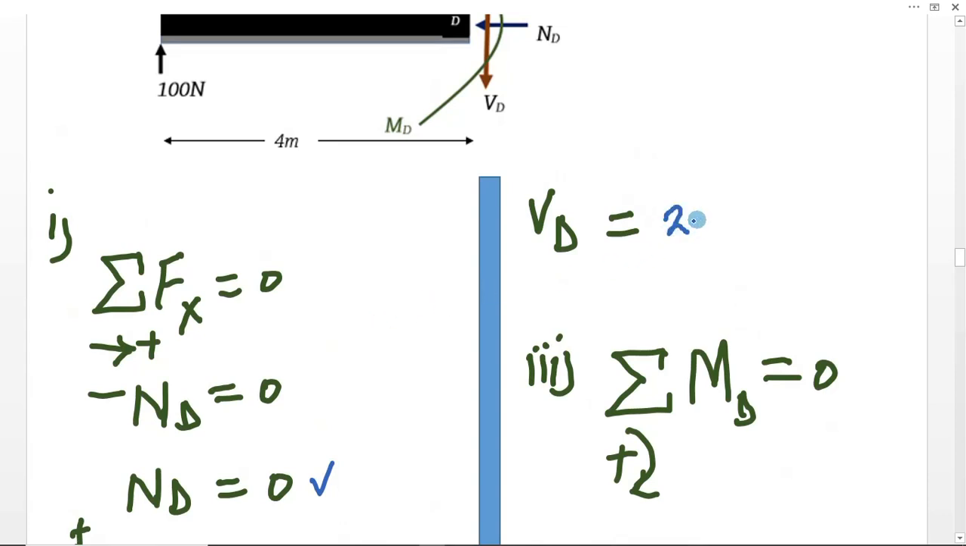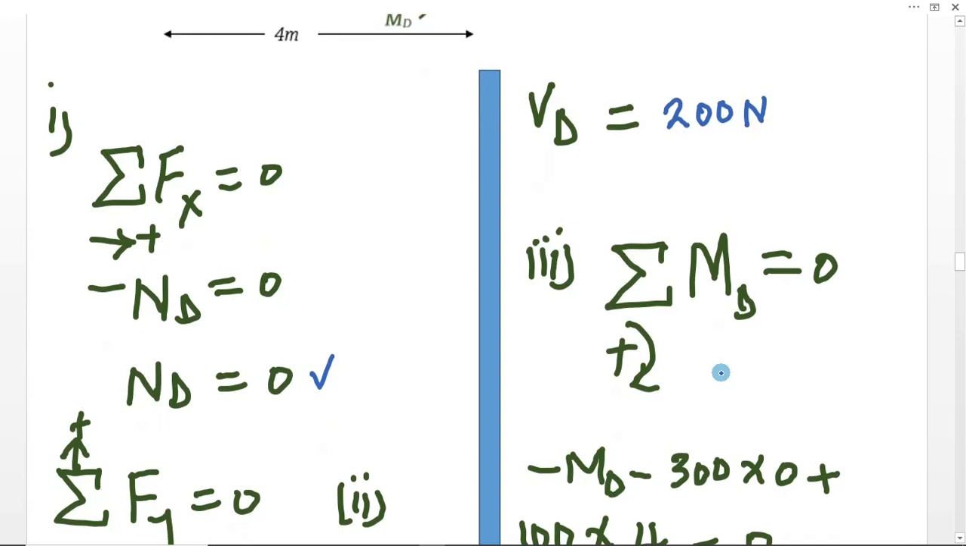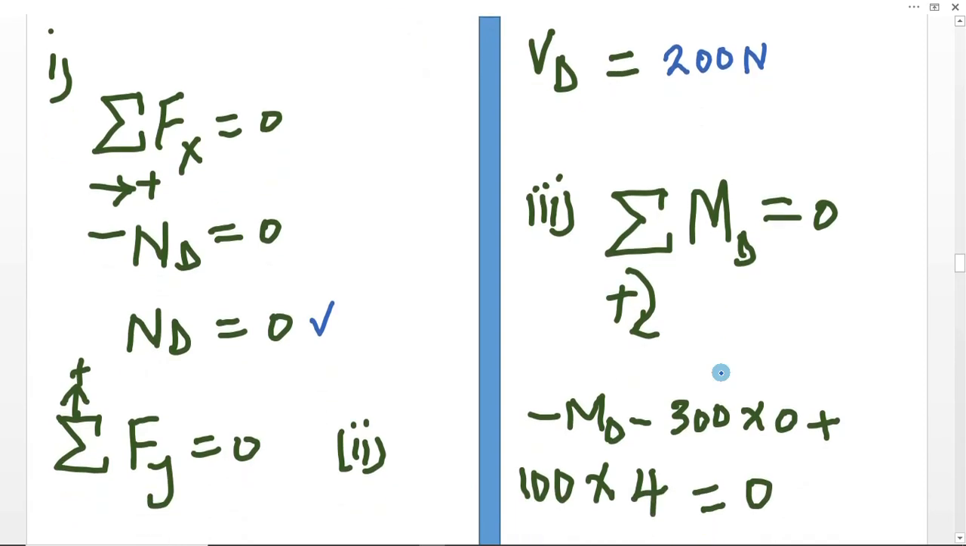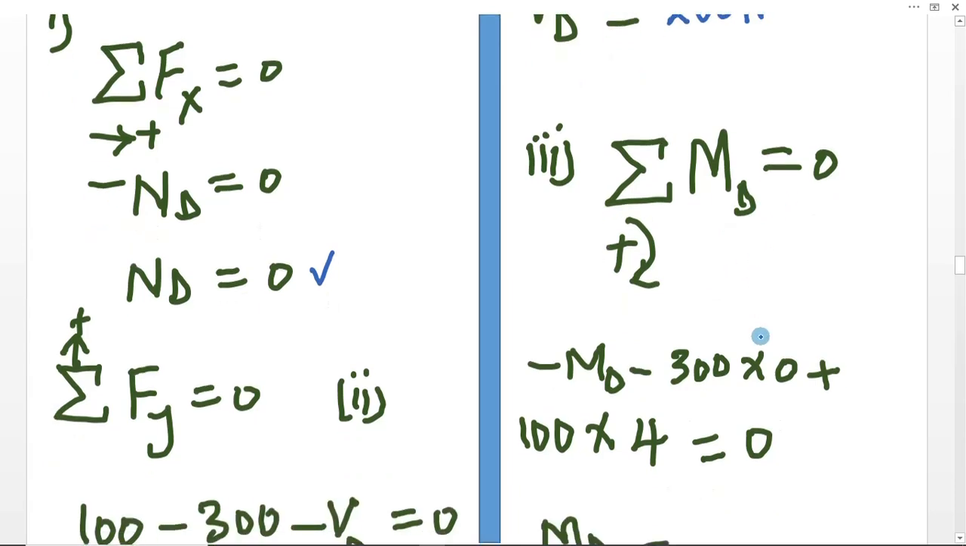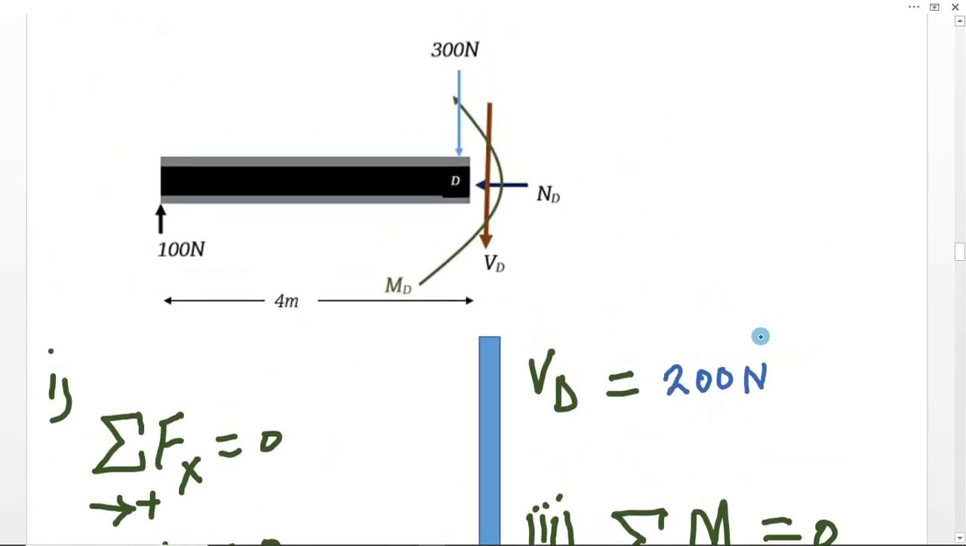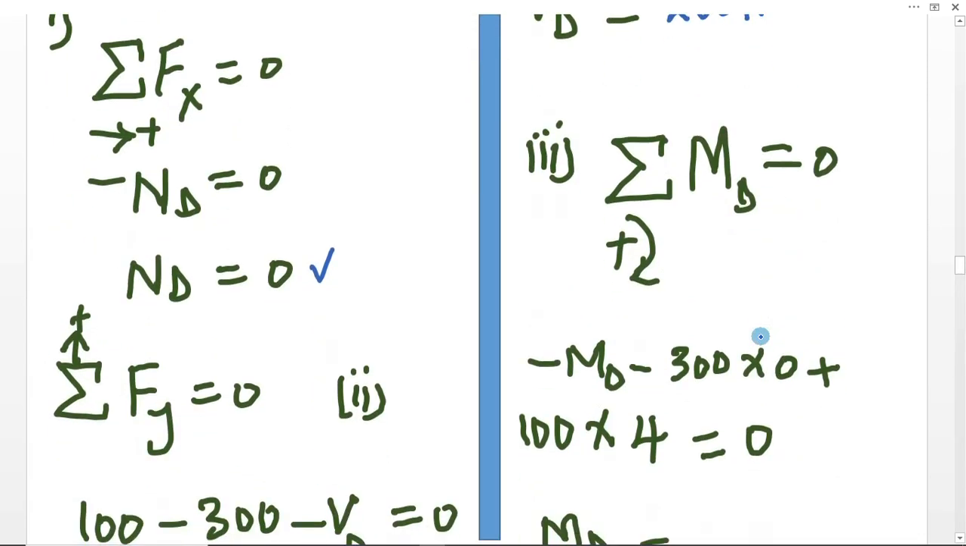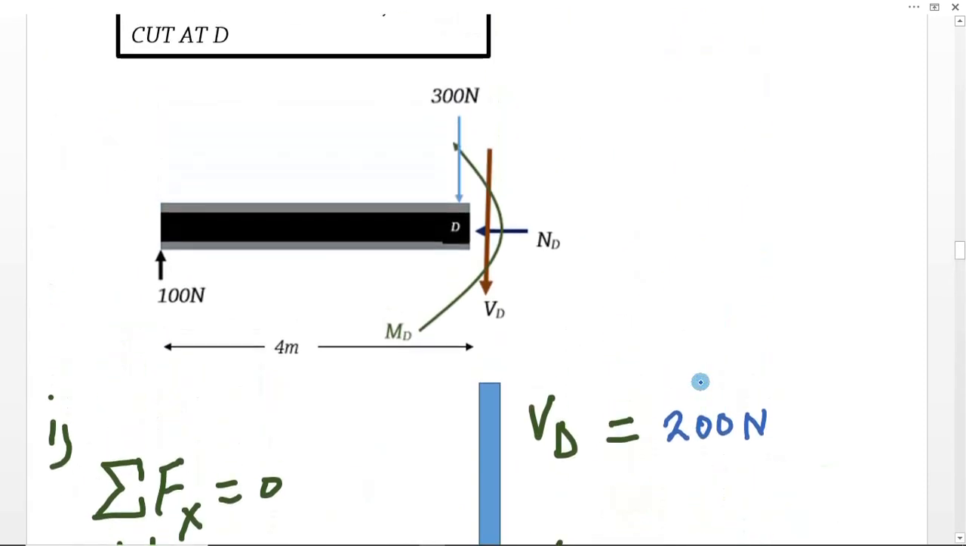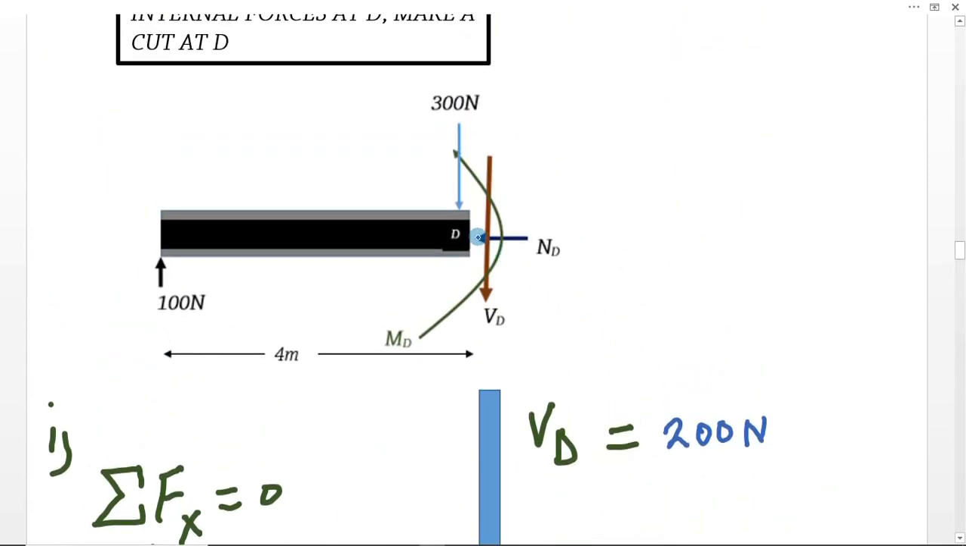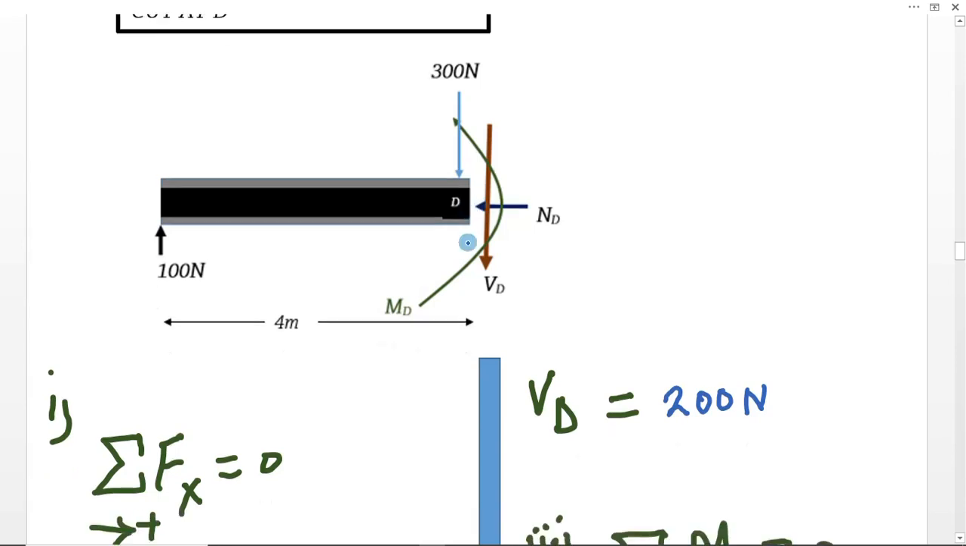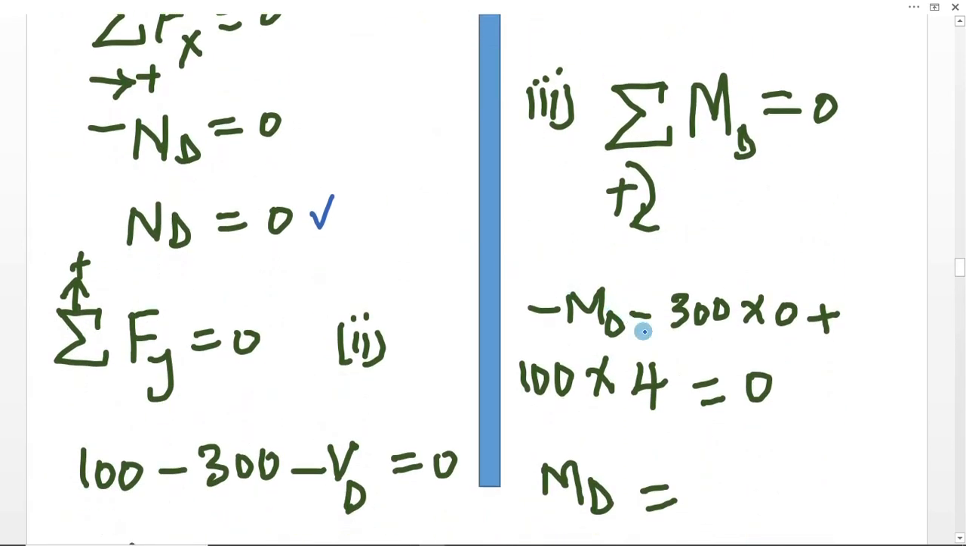and therefore the shear force at that point D is going to be 200. Likewise, if we need the bending moment, we need to take moments about point D, and considering clockwise moments to be positive, the sum of these moments should be equal to 0. The bending moment is pointing in the negative direction, that is the anti-clockwise direction. Then the 300 is also pointing in an anti-clockwise direction, but taking moments at point D, since it is a negligible distance, then it is going to be